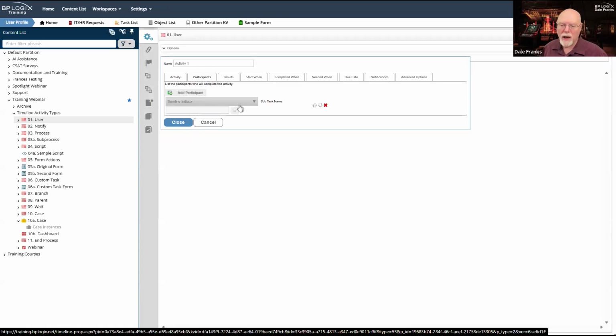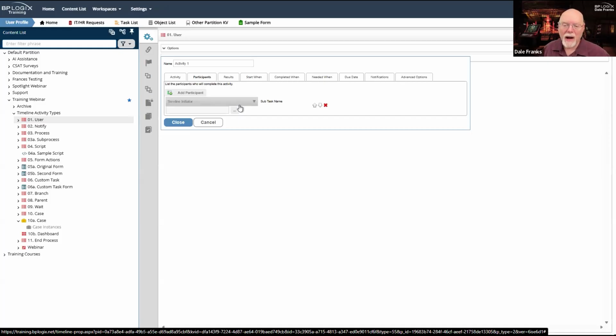The timeline initiator is whatever user started the timeline. So if you're the form submitter and the form, when submitted, starts a process timeline, then as the form submitter, you are also the timeline initiator. So if I have a timeline that is always invoked by a form submission, I can always fairly reliably assume that the timeline initiator is the person who submitted the form. That is not always true, however.